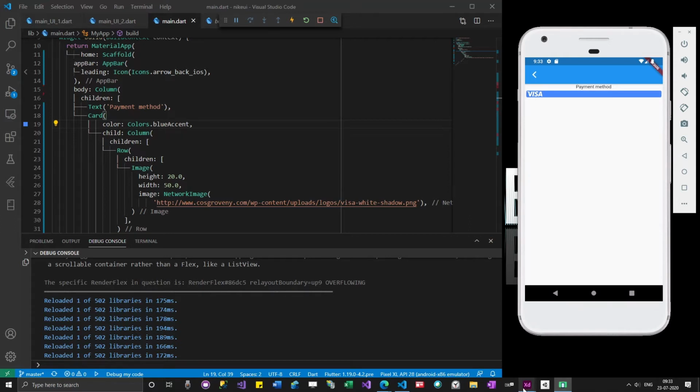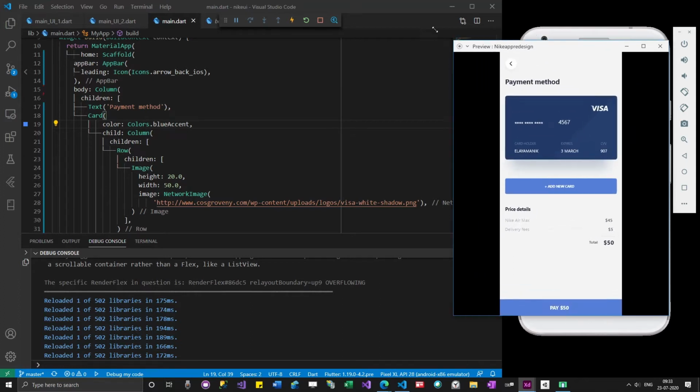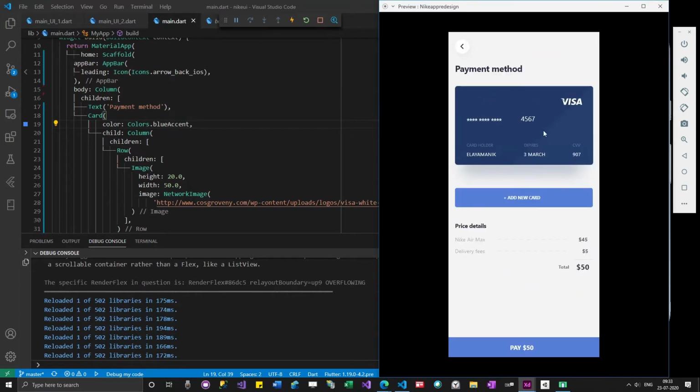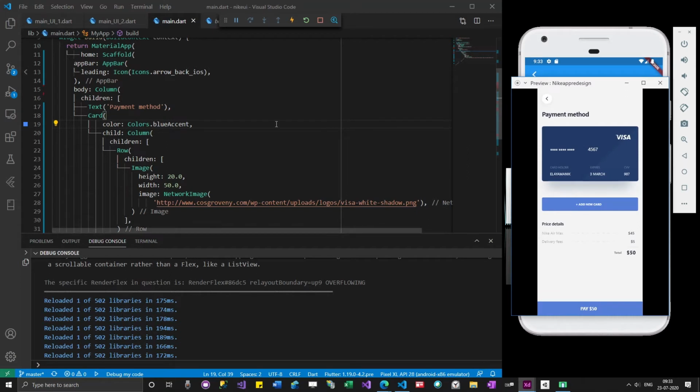Okay, so the blue color is here. In order to get this actual color, how are you going to get it, guys? We are going to get it from Adobe XD. And if I make this big, you can see there is some sort of texture. This part of the card is one color, and the other part is another color. We'll see if we can implement it, but not now. If we get enough time, we'll try to implement it. You guys can give it a try also if you want.